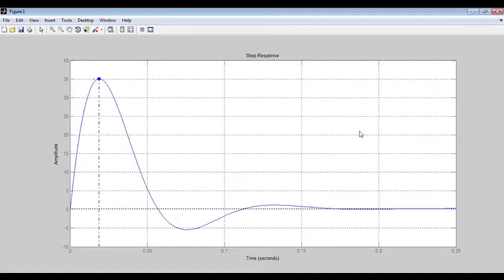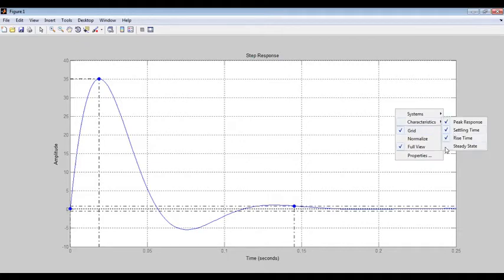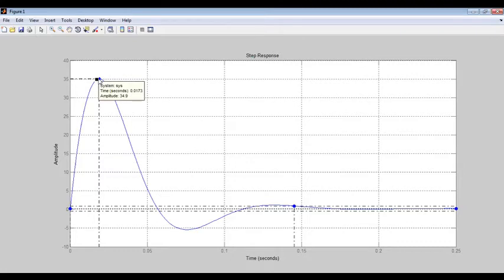Next, to get the time domain specifications, on the diagram, right click, characteristics, then click on all the terms: peak time, rise time, settling time, all will be displayed. Then steady state error. So just after obtaining the diagram, click there, you will get all the values displayed. Now you see that again when you add a 0, the system is stable because we are adding it in the left of the s plane. So you are seeing that the system is again stable.